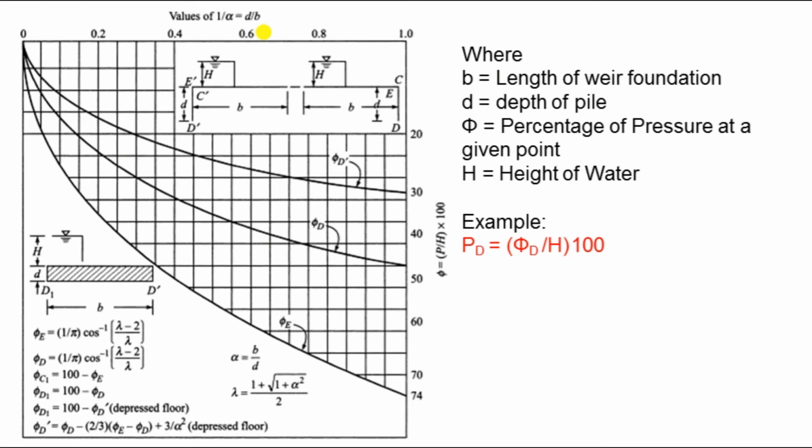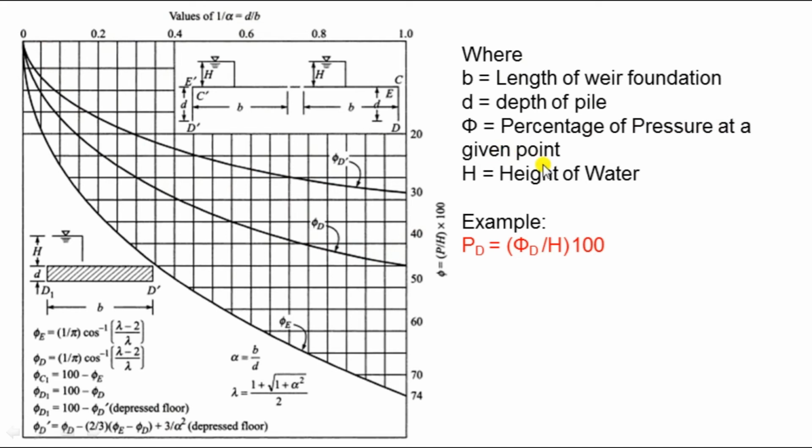I am not showing all the equations like phi E, phi D, that already show in those particular graphs and tables. So I am not showing all the equations to you. You have to remember that equation when you are designing, or prepare the chart of that equation when we are putting those values into the data. We can get 1 upon alpha is equal to D by B ratio values with respect to that particular data.